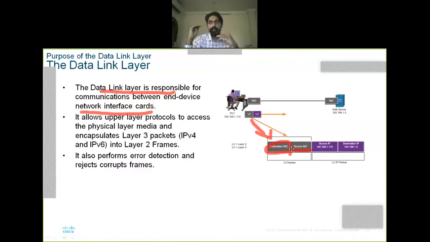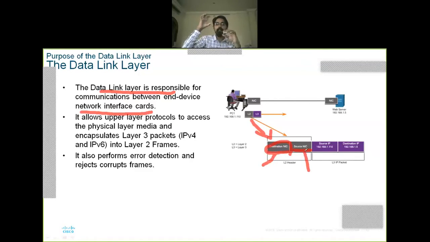What is the network card address? Other than the IP address, we have the network card address. It is unique. That address is called the MAC address, right? 32-bit hexadecimal, right? So in order to provide communication, the L2 header contains the destination NIC and source NIC.